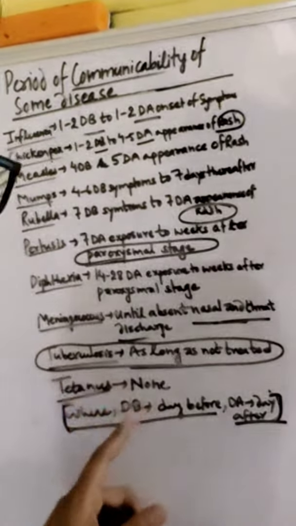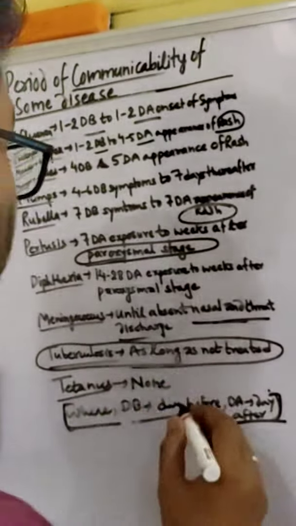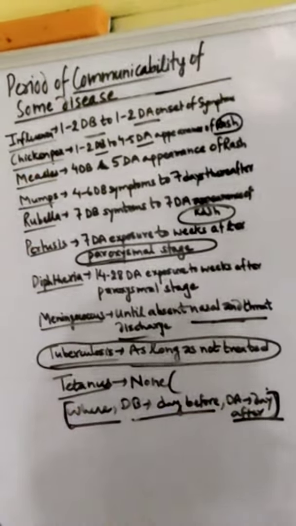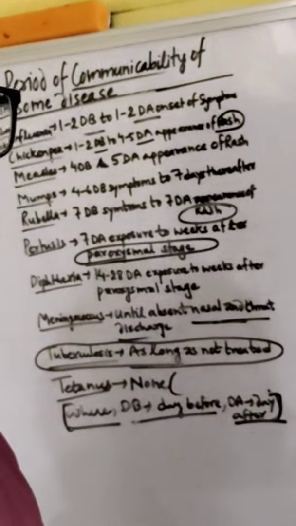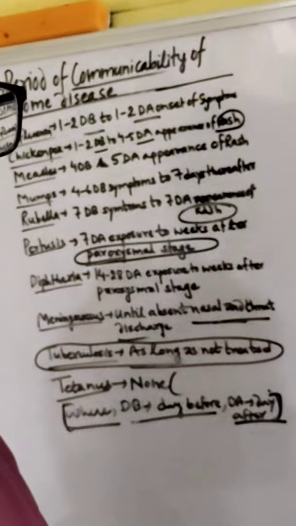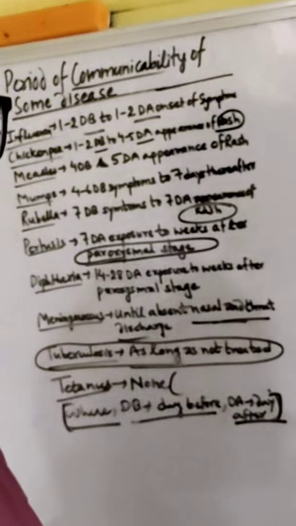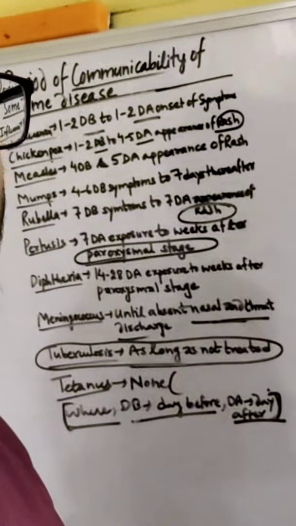In the case of tetanus, none. Why none? It will not transmit to another person because tetanus is a dead end host. Man, in the case of tetanus, man is a dead end host. So that's why those persons will be infected